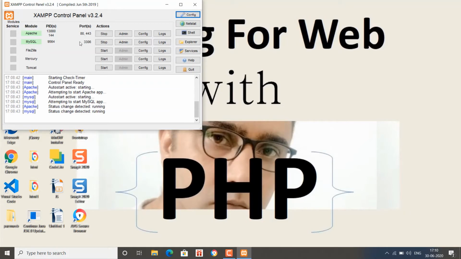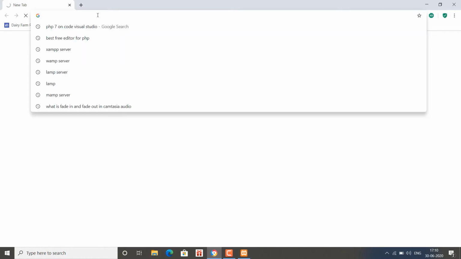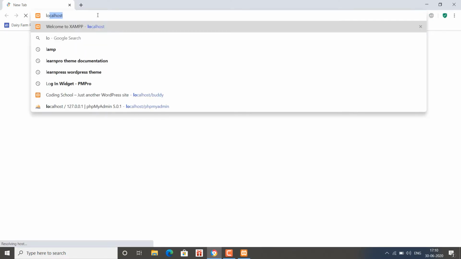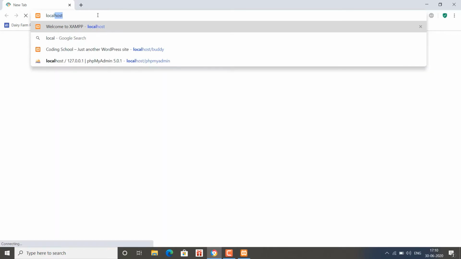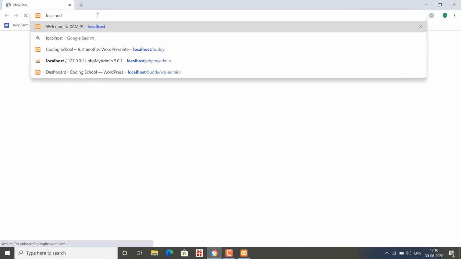And to see whether your server is installed on your PC or not, in order to check that, simply open your browser, and you can use any of the latest browsers for this. In the browser address bar, just type localhost.